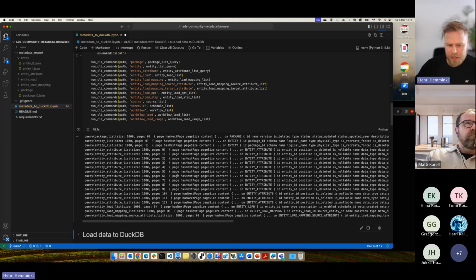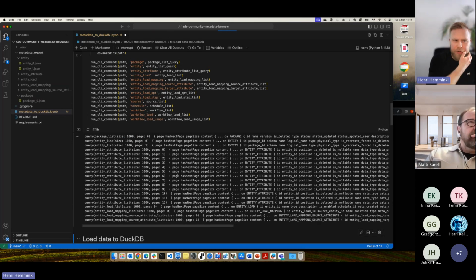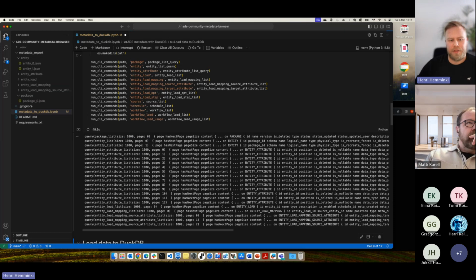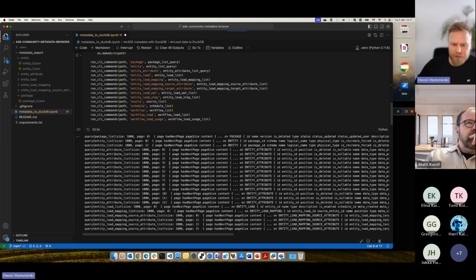But if you have a bigger environment or bigger setup, you could have tens of thousands or even hundreds of thousands of attributes, for example.